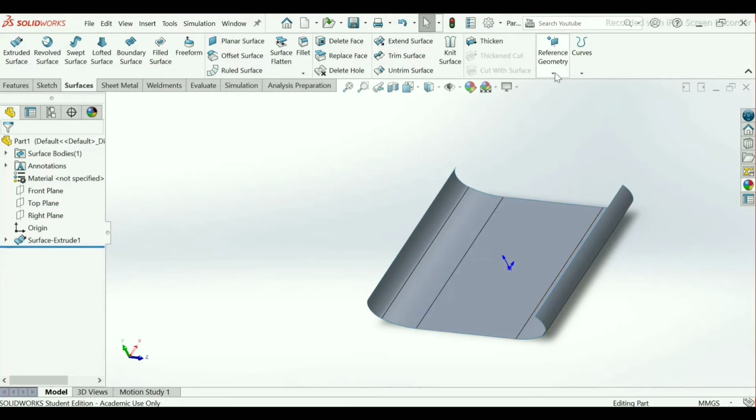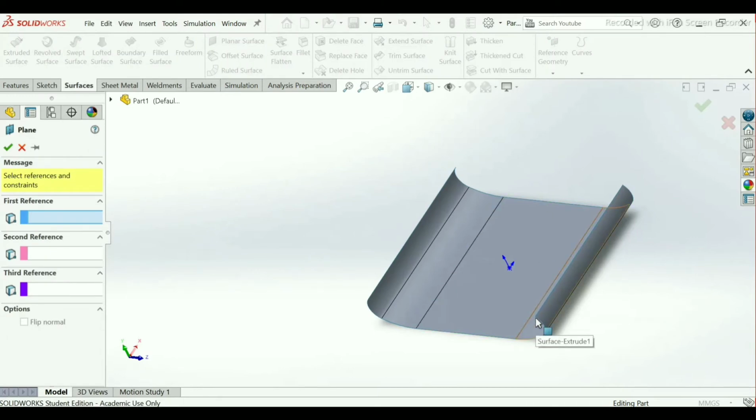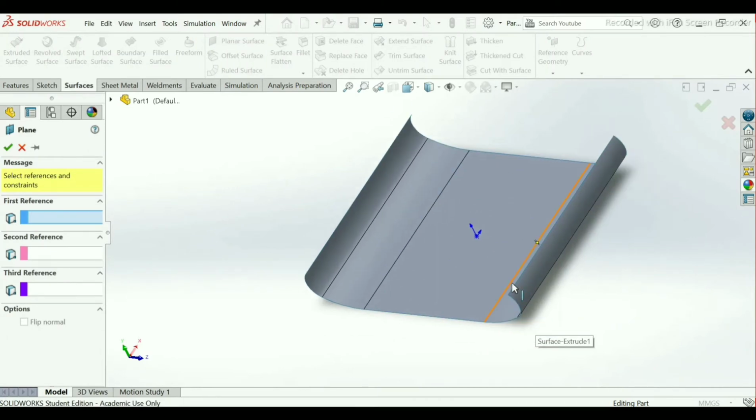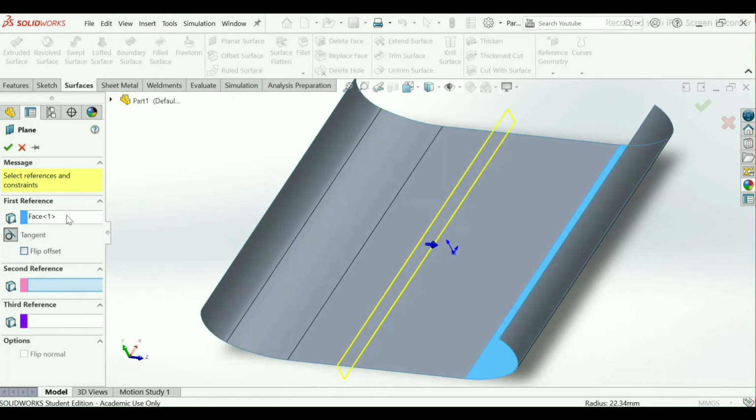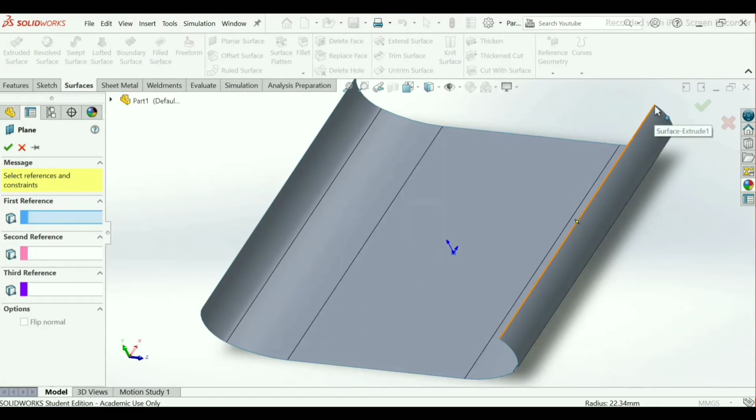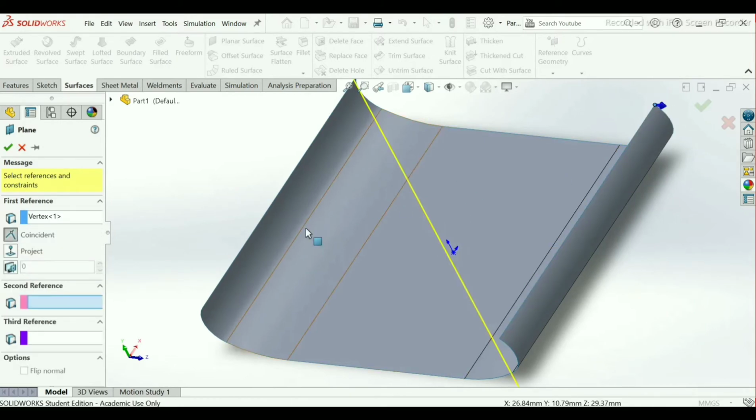Now here go to reference geometry, plane. Select here vertex point and scroll down this portion.